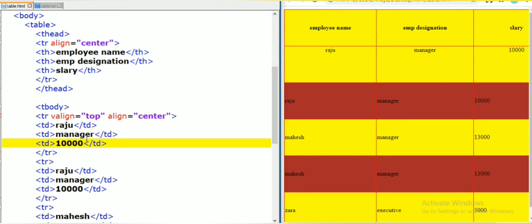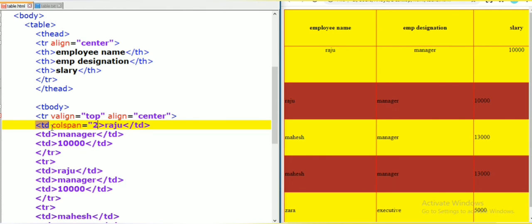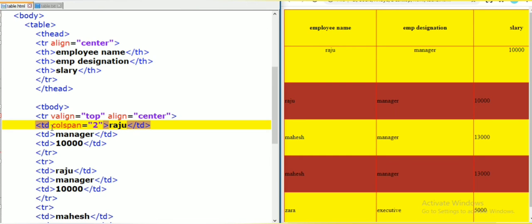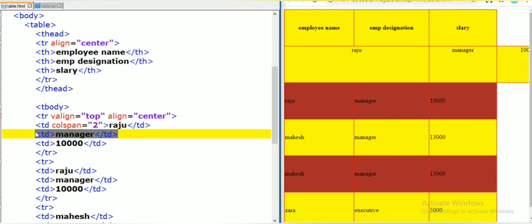Next one, if you want to merge any cells, then we can use colspan and rowspan here. So colspan equal to 2. So I'm not removing any cell, next cell. If I merge two column cells, then the next content should be deleted. I'm not going to delete it here. See the difference, what will happen here. If I did not delete it, it will merge the cells, but the next cell will be moved to the next cell here. So whatever cell you are merging, that next cell should be deleted here.